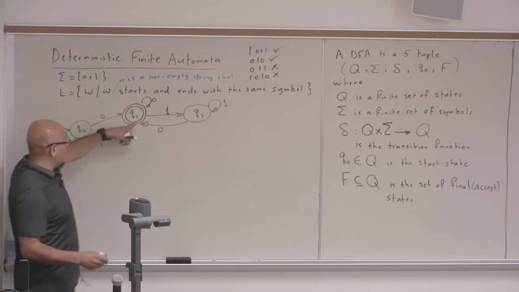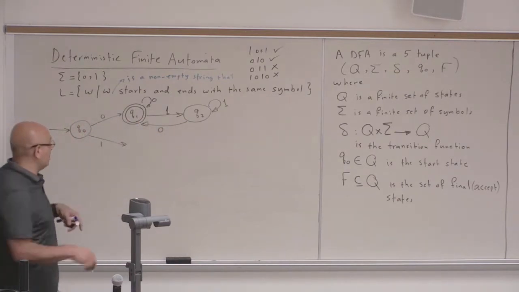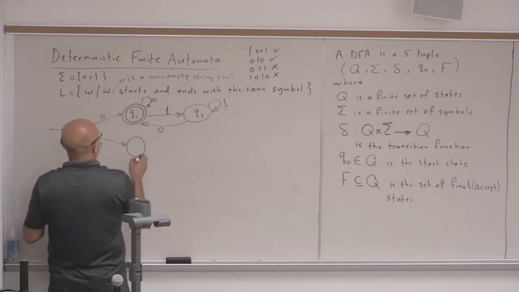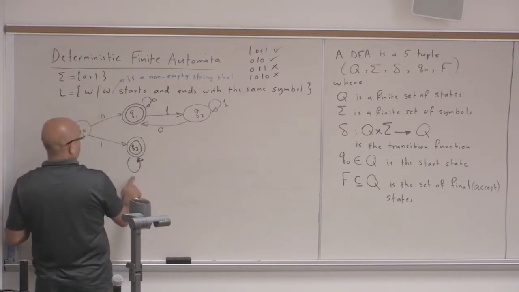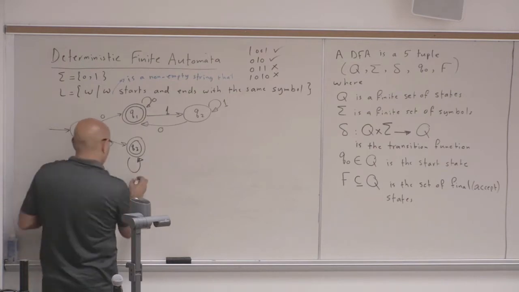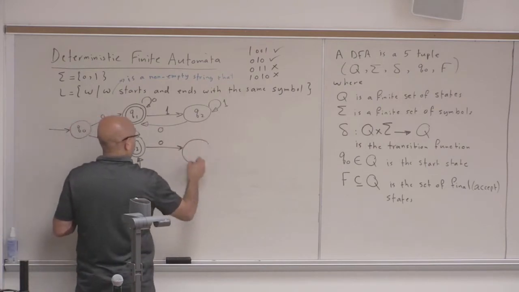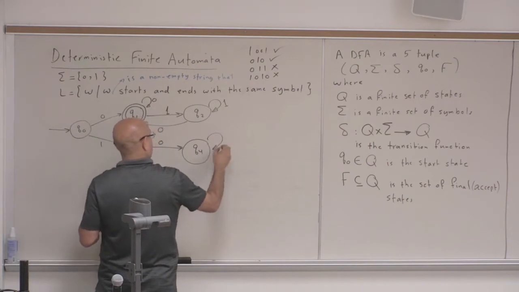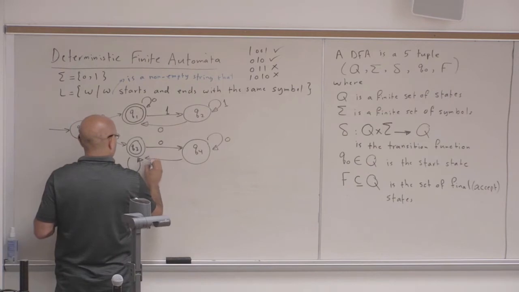Okay, now that we have done the branch for 0, the branch for 1 is going to be easy. Same logic, but everything will be for a 1, not for a 0. So let's call this Q3, and it's an accept state, and there is a loop on 1 or on 0? Loop on 1. Then 0 takes me to Q4, which is not an accept state, and I loop on 0, and a 1 takes me back to Q3.